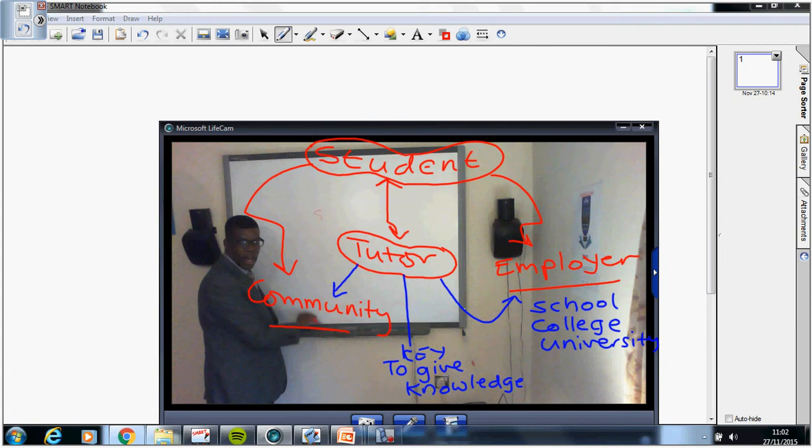Now, with this in mind, I'd like you to absorb this schematic diagram, because it's very important to note that the student-tutor relationship has to be treated very well, and everything we create as legal boundaries or whatever it is centers on this relationship to make the journey of these two worth a while, and at the end of the day produce a student who can get better employment or fit in the community,